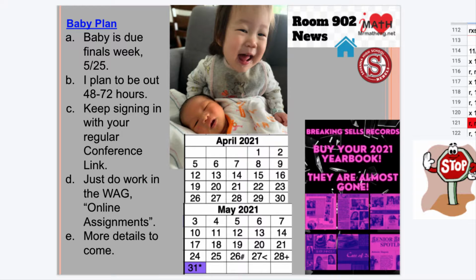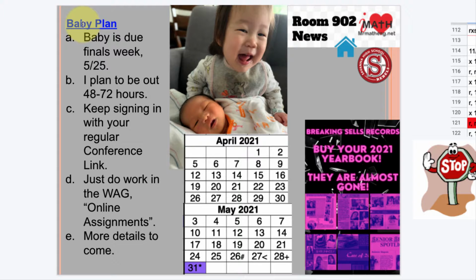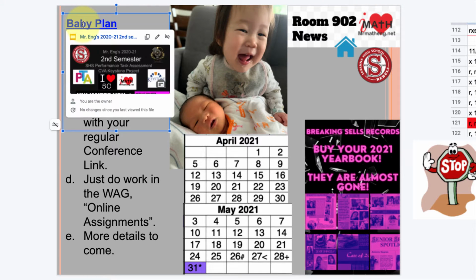Okay, I have an update on my baby plan. Once I'm out, you'll know that when I put an announcement in Schoology pinned at the top. It will tell you, hopefully in really big letters, like go to this Google Meets, and you'll click on this, and in that pink box right there will be a video of me going over basically a second semester project or performance task assessment. And basically, it should take you about 3 to 5 days, basically a week, and I'll postpone all of your assignments once I leave, okay? I'll give you an example later. But the goal is that you guys have something to do. This is worth 15% of your grade.